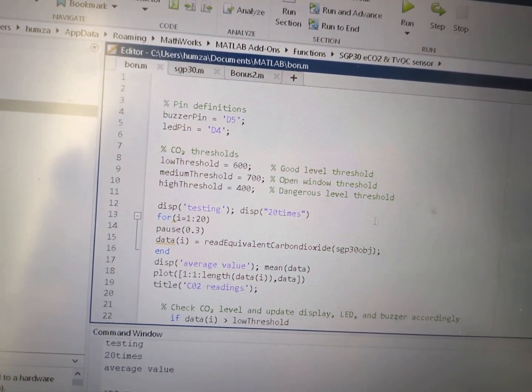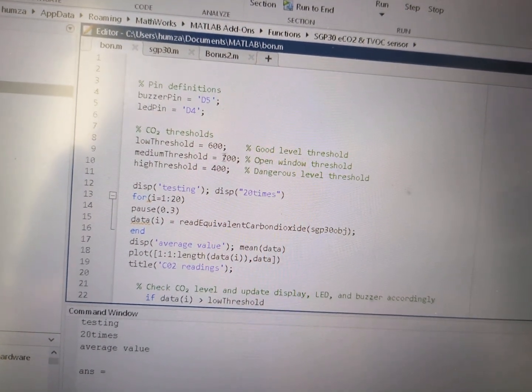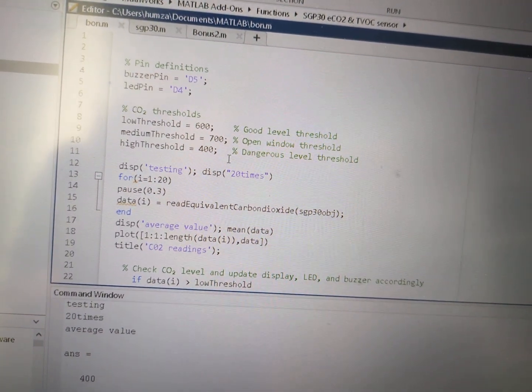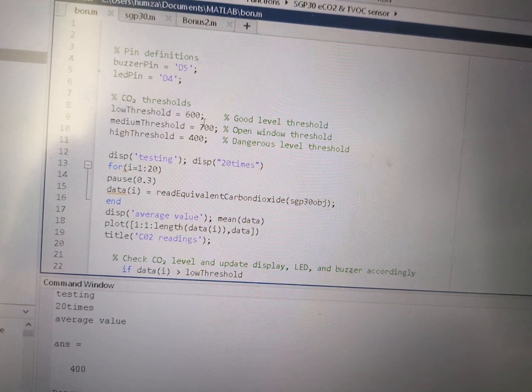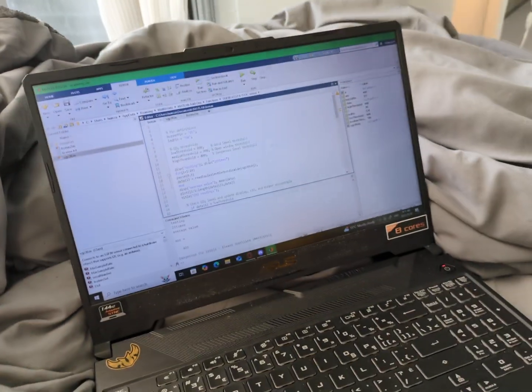Anyways, as you can see, we look at the code right here. There's CO2 thresholds. These have been changed, by the way. The low threshold is 400, the medium is 500, and the high threshold is 800. But I changed these to simulate